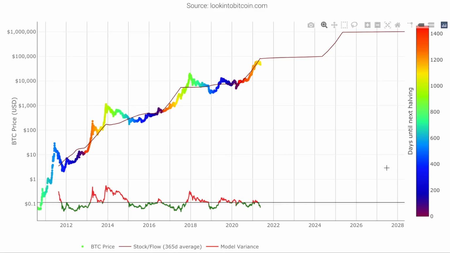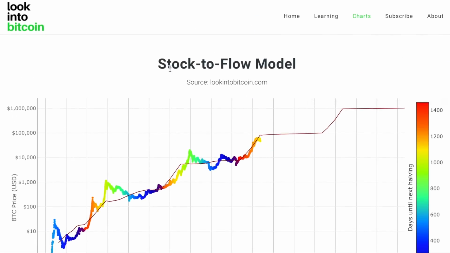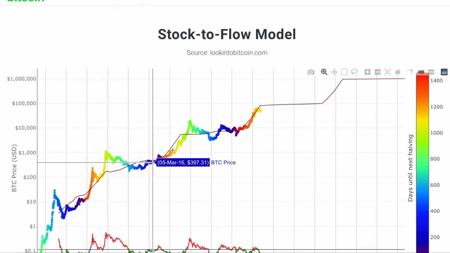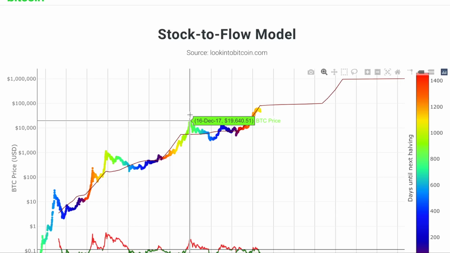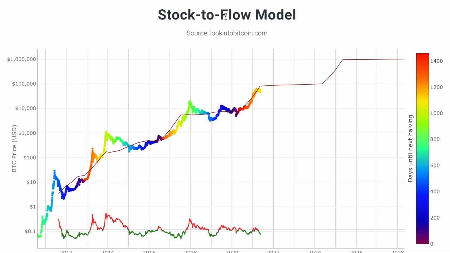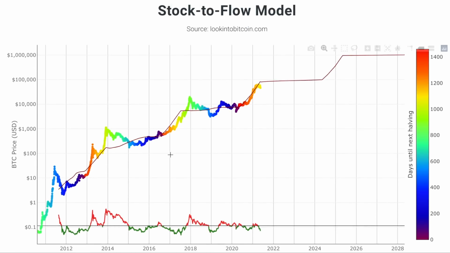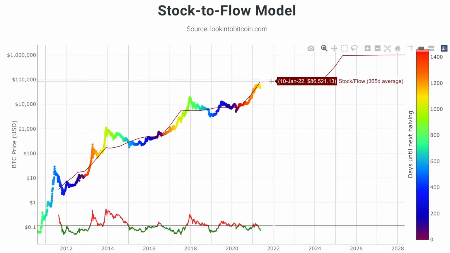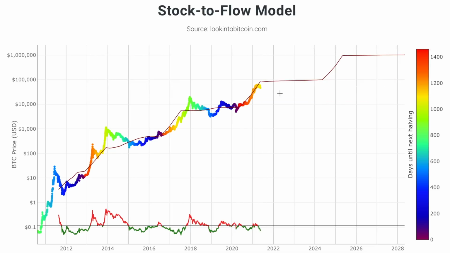The main reason for that can be found on this stock to flow model. It's based on the 4-year cycle on Bitcoin. And this is what the entire cycle is based around. It's based around the halving cycle that occurs every 4 years that diminishes the inflow of Bitcoins and naturally pushes the price higher, right? You've got this stock to flow model giving price predictions based on that halving cycle, right? Every 4 years, you've got a rise in the stock to flow model.